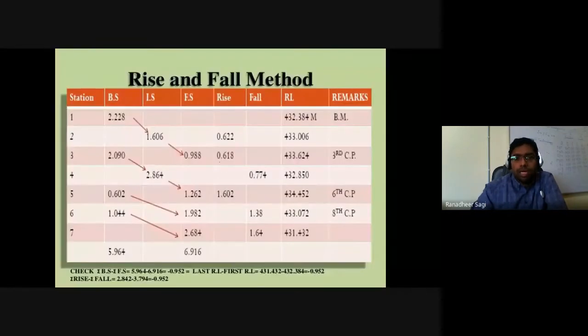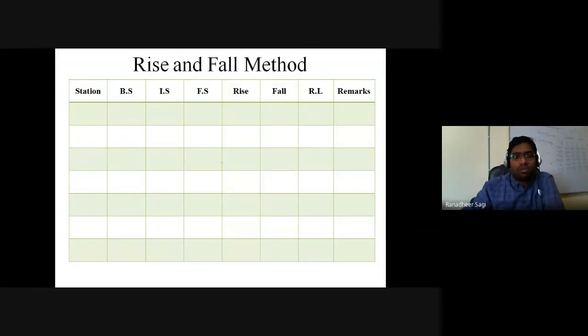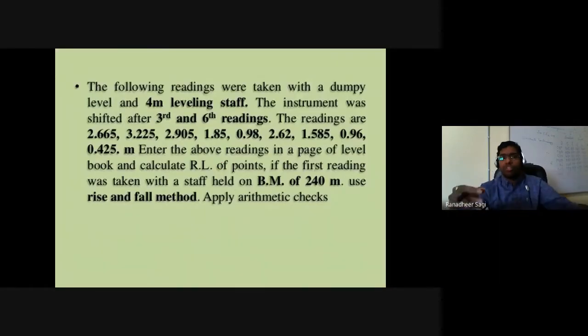Okay. So let's go ahead and talk about another problem. I'll not just immediately take up this problem, I'll look at some other problem. However, I'll note down the data for your understanding. I'll note down the data of that problem in table form, and we'll go ahead by solving another variety of problem.